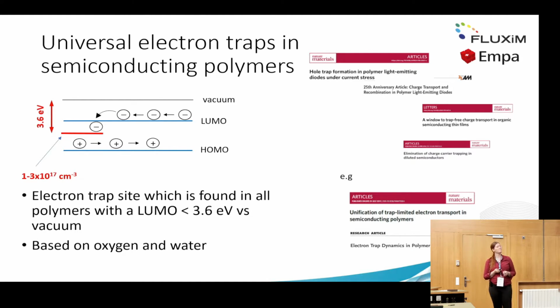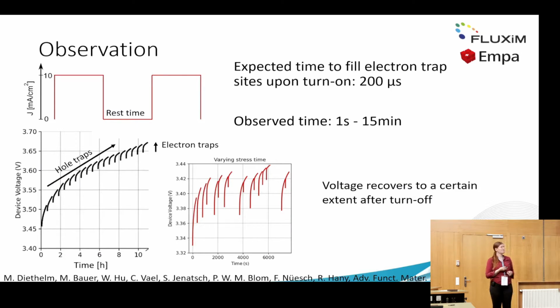Also in the polymer I used, that is Super Yellow, we expect this kind of traps because we have a LUMO that is higher, and we have a difference between those kinds of trap states and the LUMO of about 0.65 electron volts. Now, the reason why this is important is because during our studies, we noted that when we